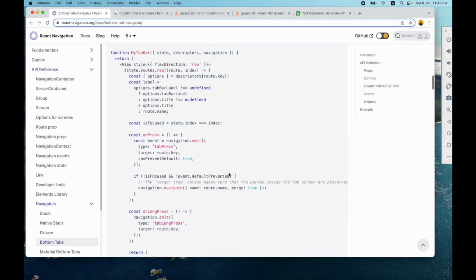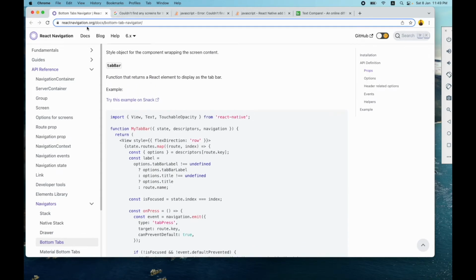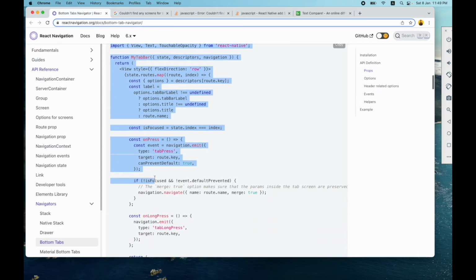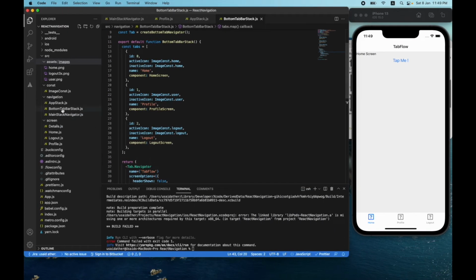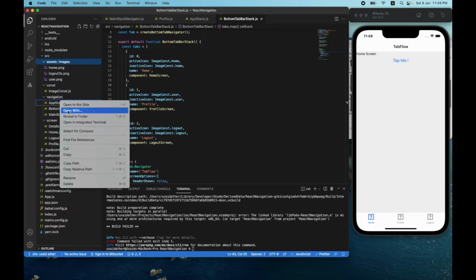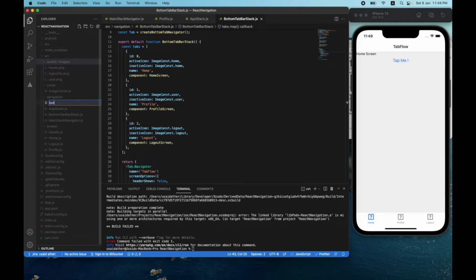So here in the documentation of the React navigation, we have this file which shows us how we can customize the bottom tab bar. So just copy that and create a new file here with the name of bottom tab